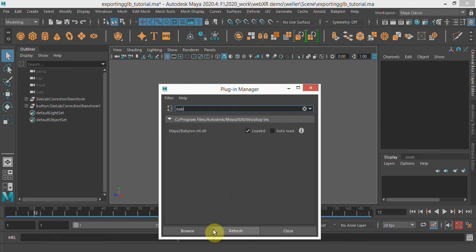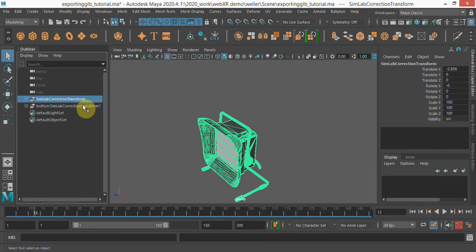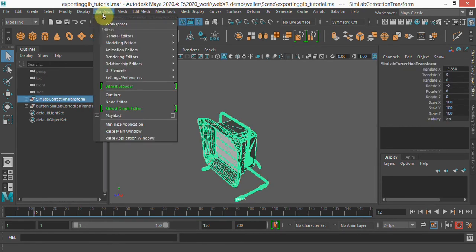Okay. Then the most important thing is to make sure you have made a very correct baking. Baking is the process that translates the information about the animation from Maya to the GLB format. You need to make sure that for every control or any moving object, if you go to Windows Graph Editor after baking,